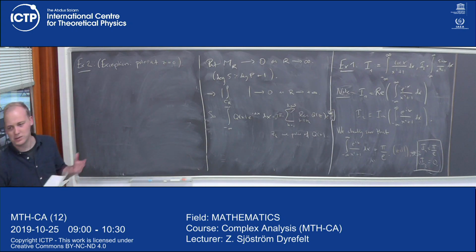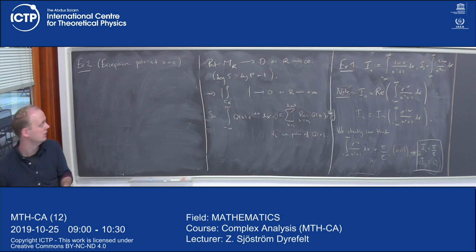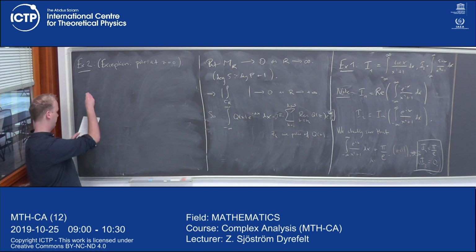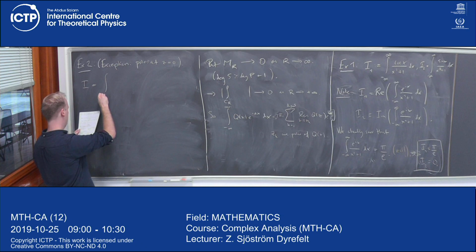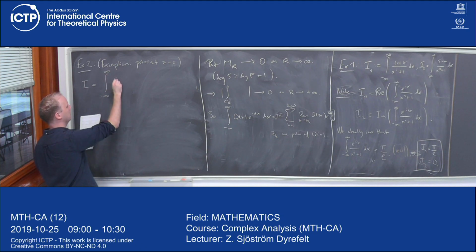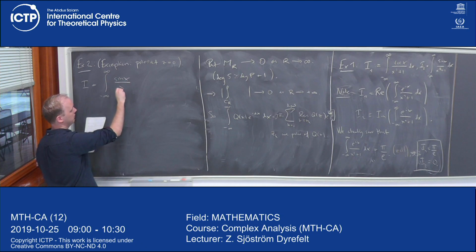So we said you have no real poles, but let's say actually you have one real pole at z equals 0. So the example I want to take is the following. Let's take minus infinity to infinity, or 0 to infinity, actually it's the same,